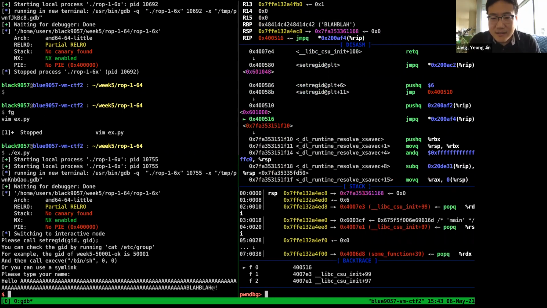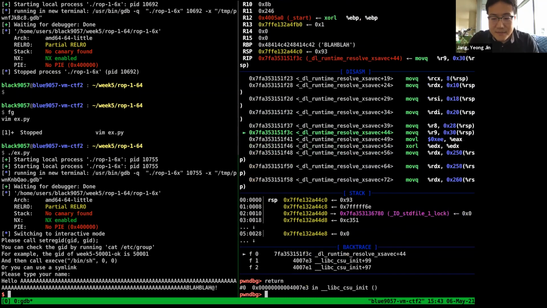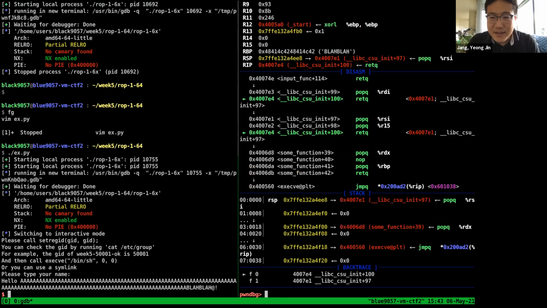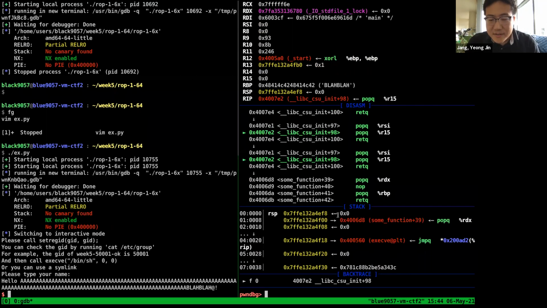So there are some instructions that the library will do something, and then it will return. And then it returns to the pop RSI, R15. I believe I skipped the pop RDI part in the debugger, but you can see that the RDI is now